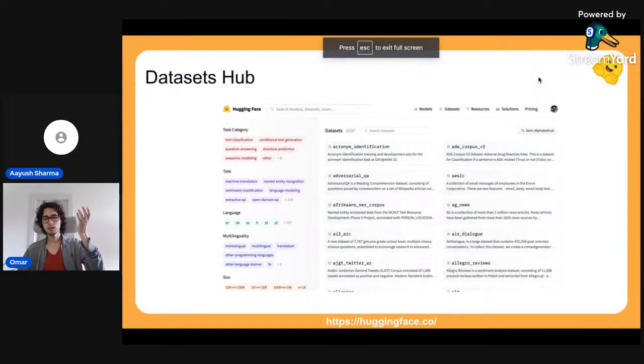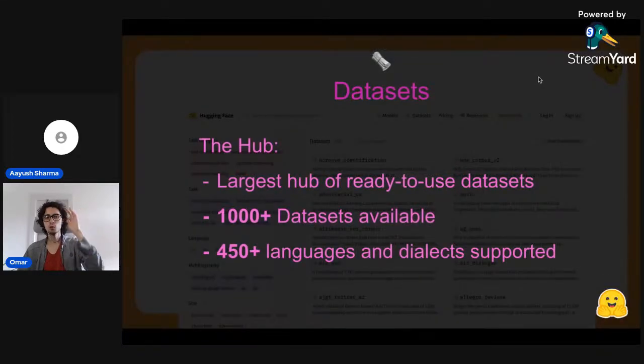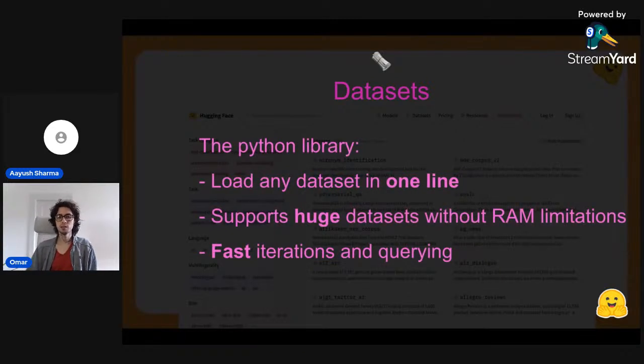So, all right, so you have datasets, but then how do you access them, right? So we have over 2,000 datasets by now, for over 400 languages and dialects. But we also have a library called Datasets. So you do pip install datasets. It's a Python library. And with just one line of code, you can load any dataset. If the dataset is huge, we have something called streaming. Huge dataset means that the dataset is so big that it won't fit in your computer. And if you need to train a model, you will need to be loading this dataset. So we provide mechanisms that allow you to load these datasets without impacting you.